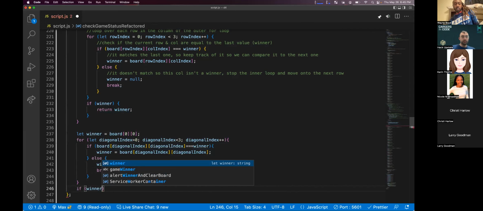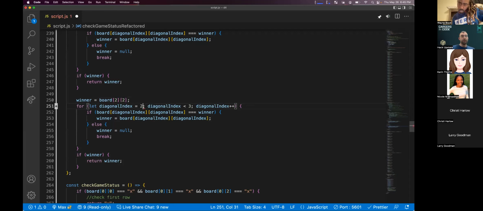And then the last one that I'm going to do, I'm going to take all of this and say, hey, my winner, we're now going to start at 2,2, start at the bottom right, and then start our index at 2, work in reverse, and stop when our index is greater than or equal to 0.